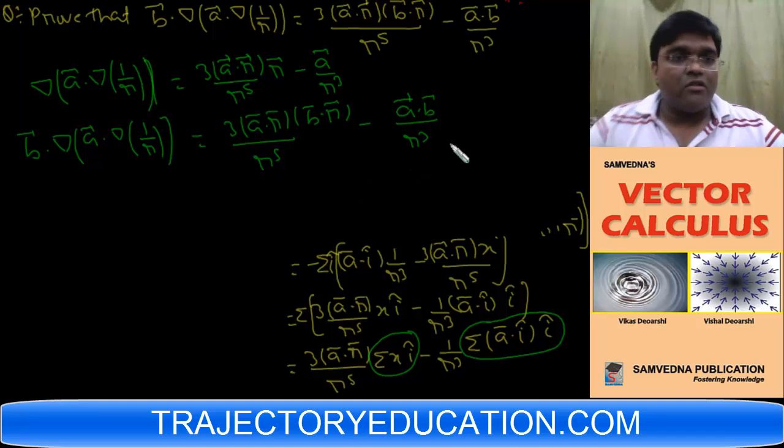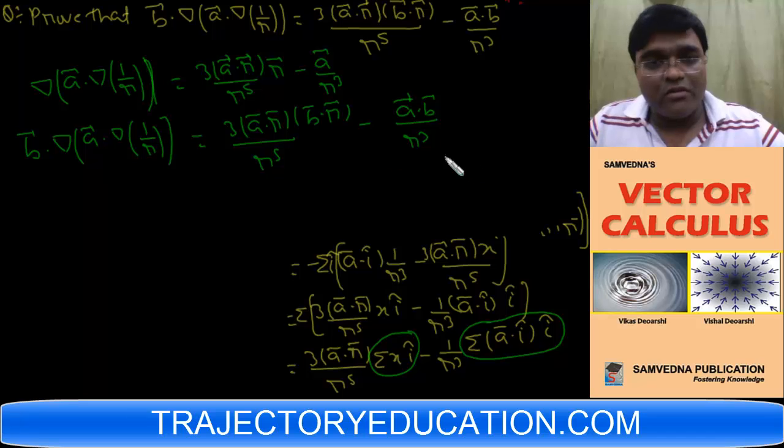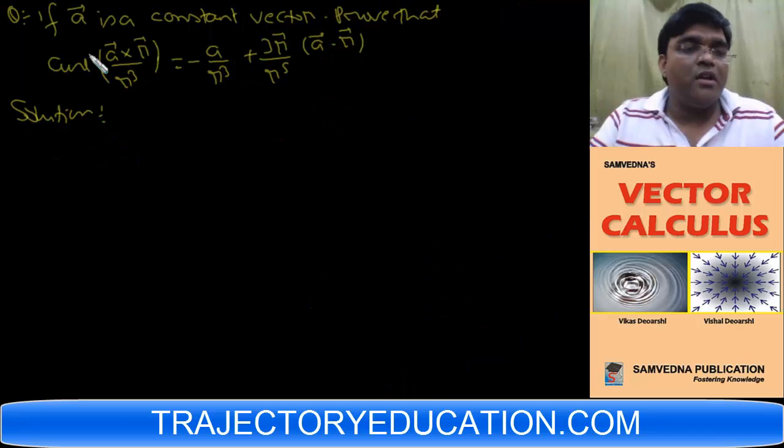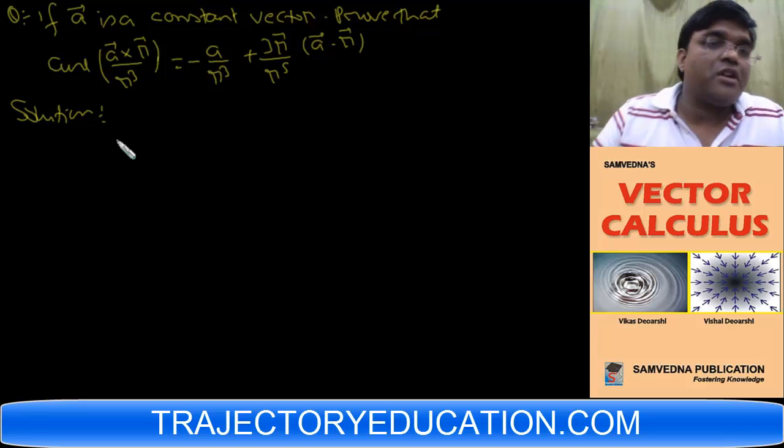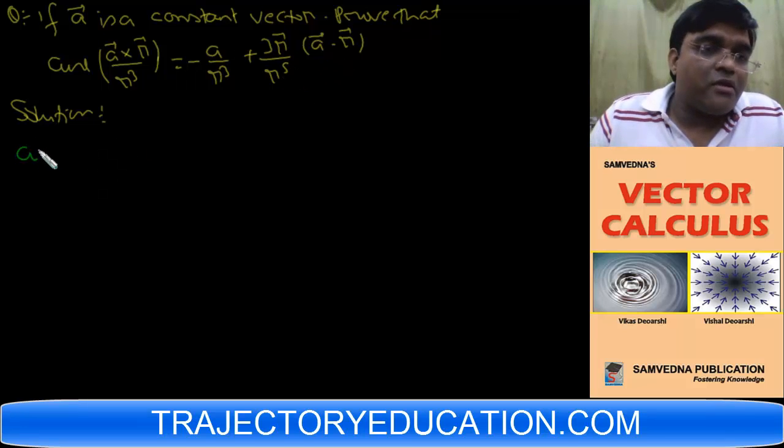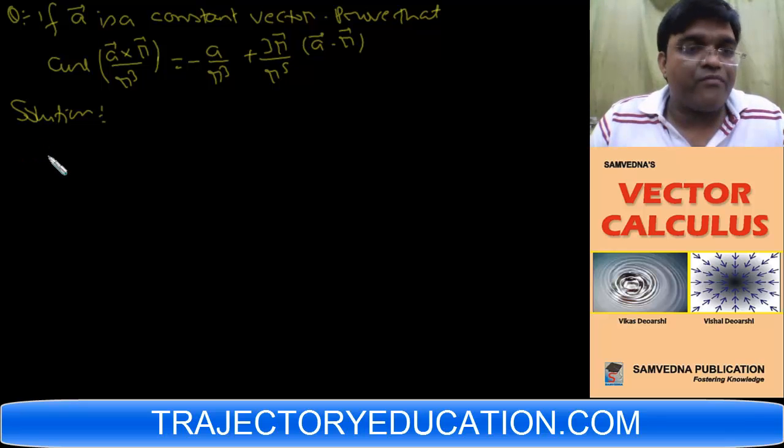Alright, so now I move on to the next question. Next question is, let's see this question. If A is a constant vector, prove that the curl of (A×R)/R³ equals minus A/R³ plus 3R(A·R)/R⁵. See, the curl of